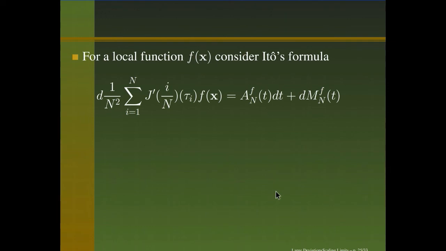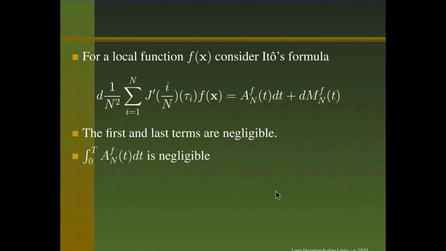The first term is bounded by constant over n, because there are only n terms, each of which is of order 1, and you are dividing by n squared, so that goes to 0. So in the end, the first and the third terms are negligible, and that makes the middle term negligible too. But the middle term, if you look at it, it looks exactly like the integral of w, except it's not w, it's some other function. So that tells you there are a lot of functions looking like w, for which integral 0 to t summation without normalization is negligible.